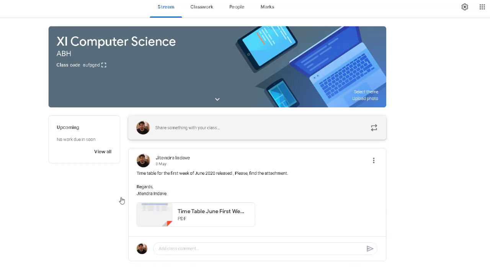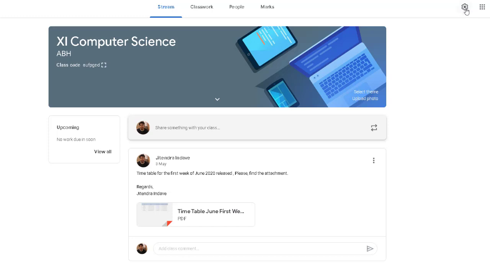This is it. The announcement is posted. The same kind of detail will appear on the wall of students. As earlier I told, the similar kind of option is active for the students. The same you can disable for the students so that they will not interrupt by posting their own content unnecessarily.